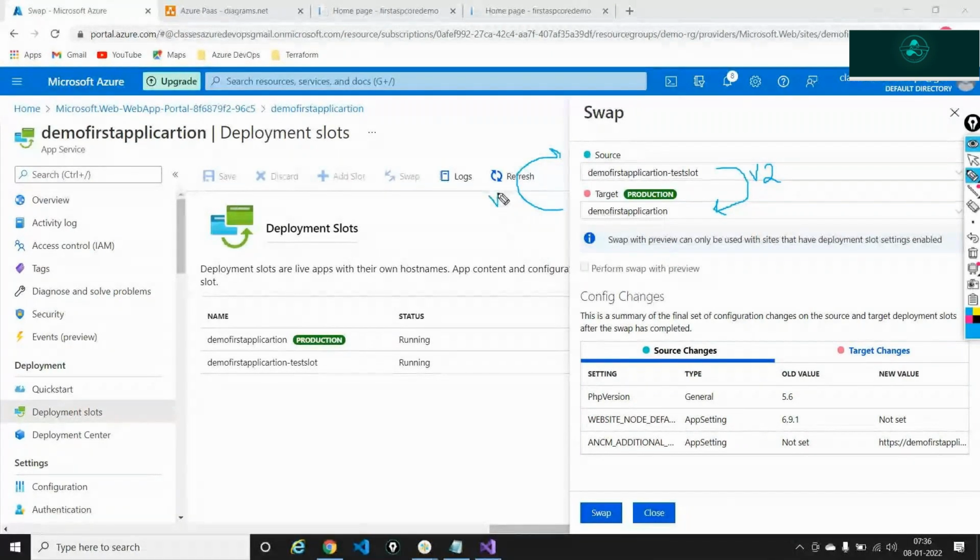So I'm trying to swap this out. That's the reason this feature is called the swap feature, wherein I'm making sure that the code that is there in the slot is pulled into the production, and the code that is there in the production is taken into the slot. So this is what I'm doing right now, and I'll say swap.